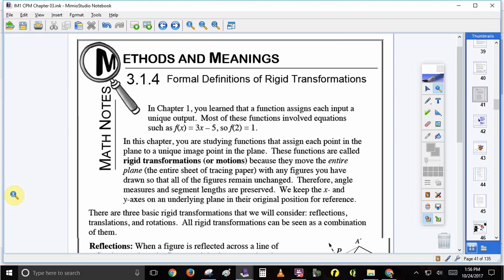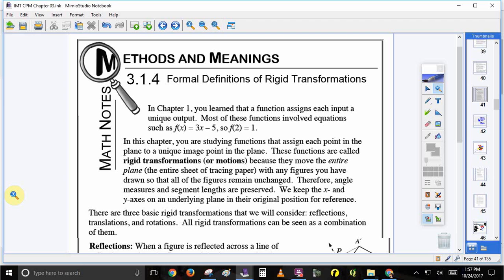In chapter 1, you learned that a function assigns each input to a unique output. Most of these functions involve equations such as f of x equals 3x minus 5. So if you plug in a 2, f of 2 equals 1. In this chapter, you're studying functions that assign each point in the plane to a unique image point in the